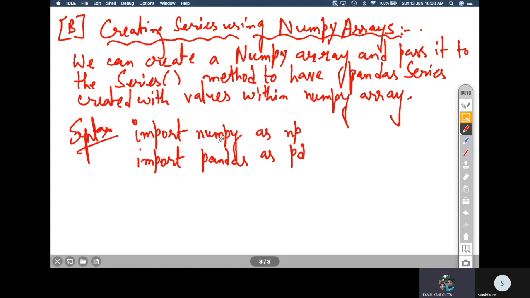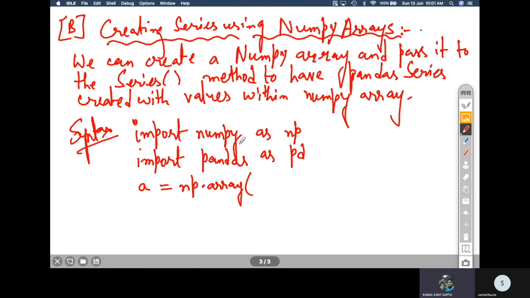Next, we have to create a NumPy array using the np object, the np module. So we will create an array, say a is equal to np dot, and there is a function in NumPy which creates a unidimensional or one-dimensional array, and that function is array function itself. The array function creates a NumPy array. The word is array.